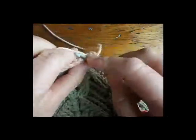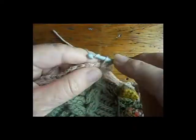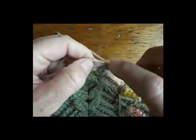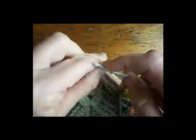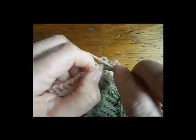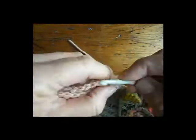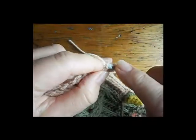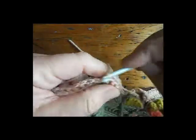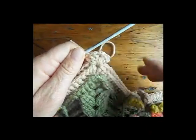So we're going to chain 3, that's equivalent to 1 double crochet, then we're going to be working 2 double crochets, chain 2 and 3 double crochets. So it's 3 double crochets, chain 2, 3 double crochets into 2 chain 2 corner spaces, if that makes sense. Okay, like that. Alright,